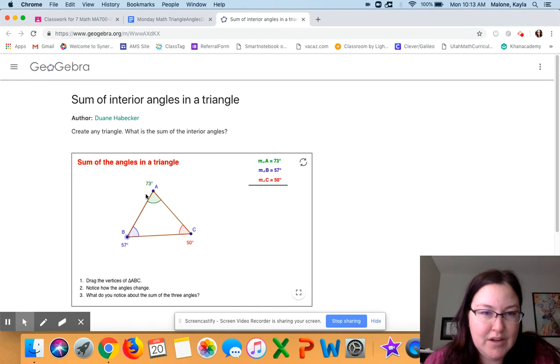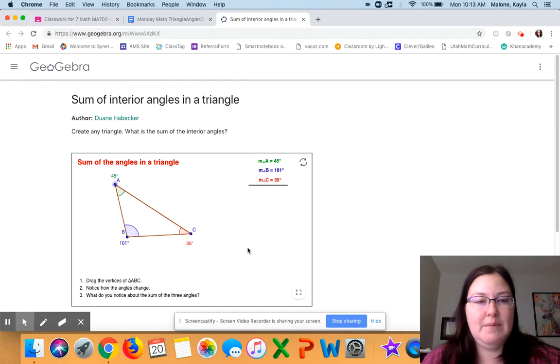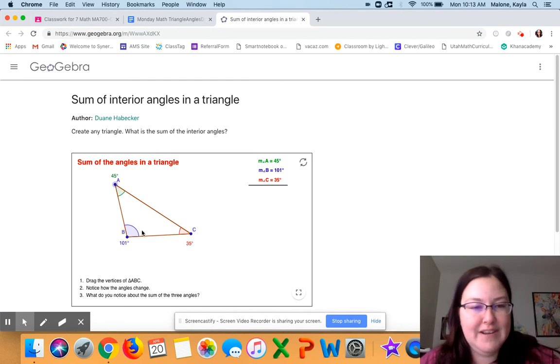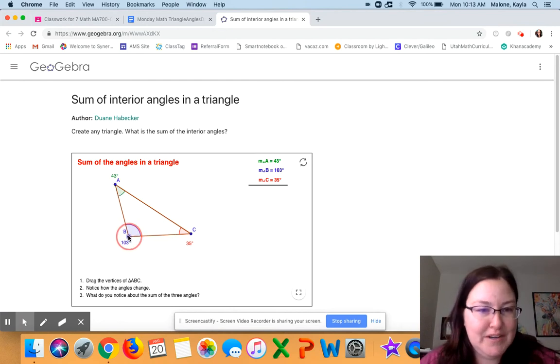So I know I needed to make it 100. So there's 45, see? So I made 45, 35, and that says 101, but